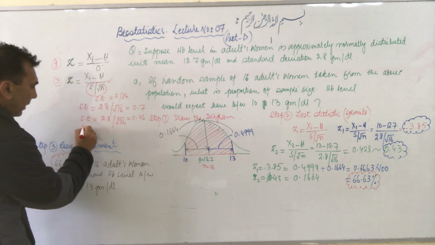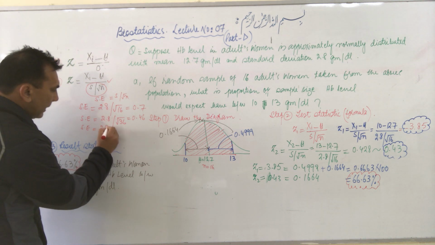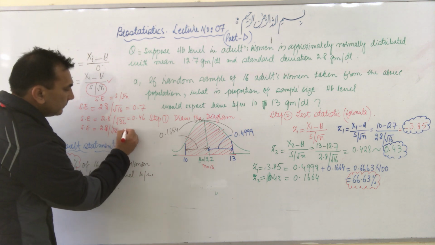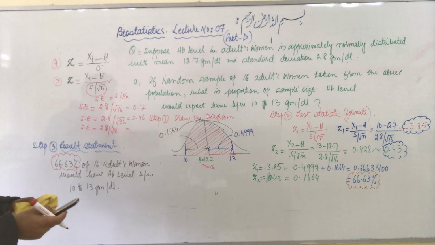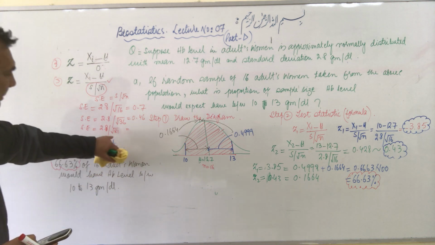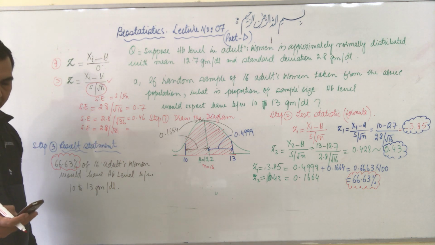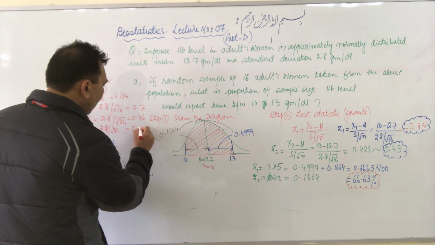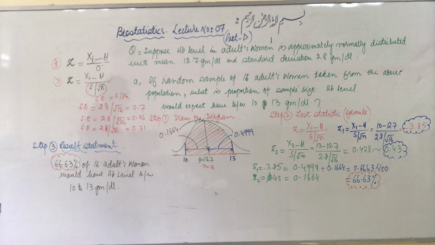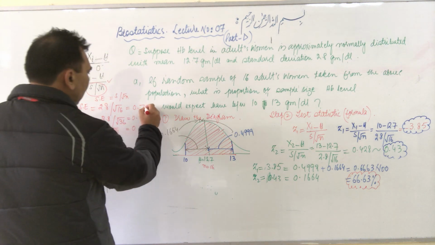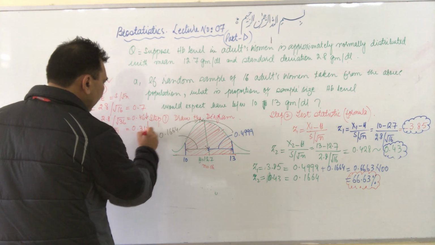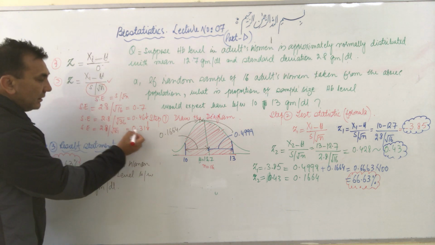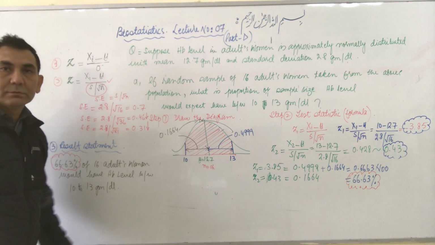Then again I increase the sample size from 36 to 81. Now we divide 2.8 by the square root of 81, which is 9. Now see, it comes up as 0.31. It has decreased even more. However much I increase the sample size, the standard error always decreases.